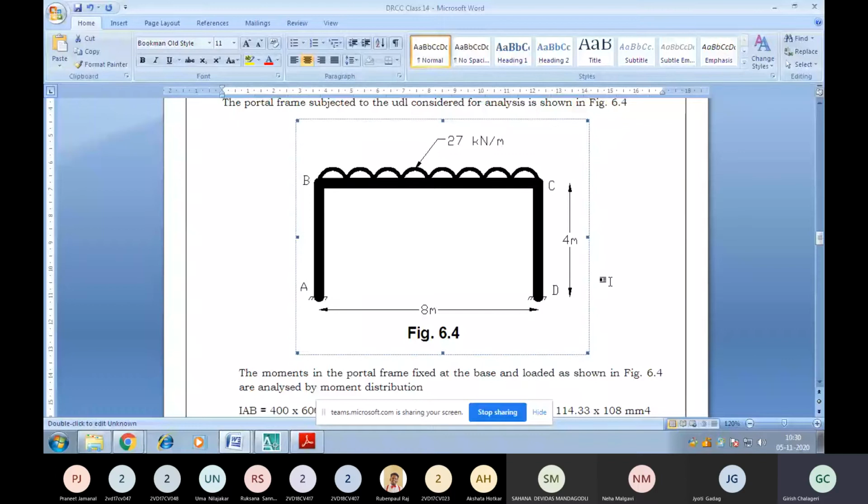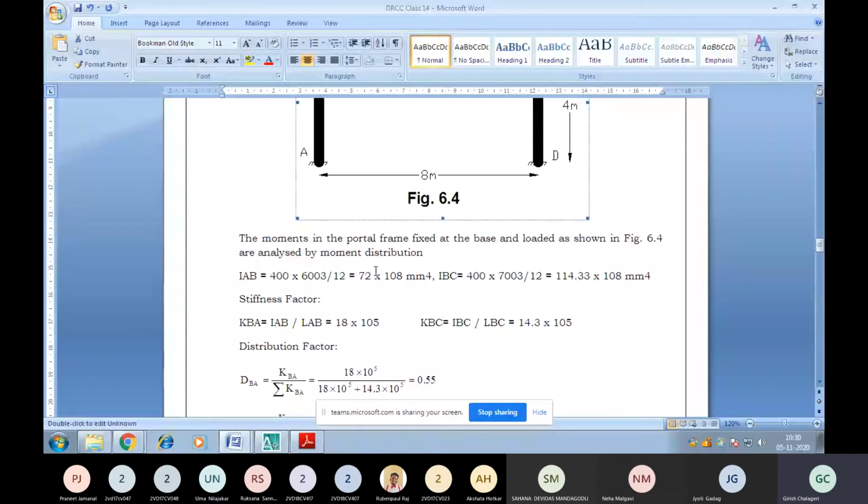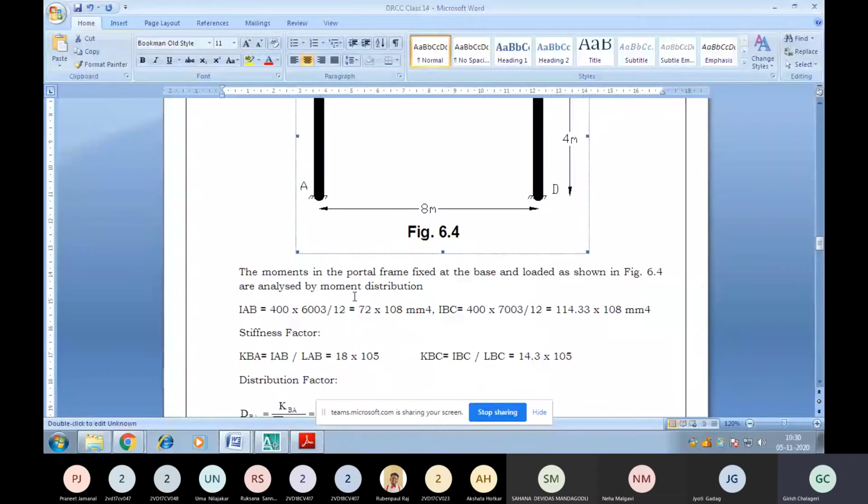the columns and beams. Here we calculate the shear force diagram as well as the bending moment diagram for both columns and beams. The slab is already designed, so we need to design the beam and column. So we need to know the bending moment diagram for this. From this diagram you are going to analyze it. So let us analyze by using the moment distribution method.